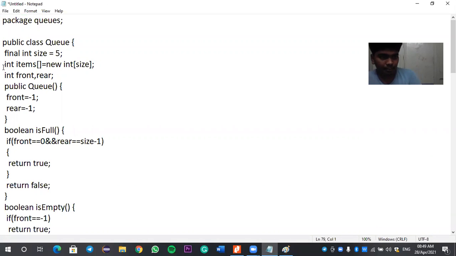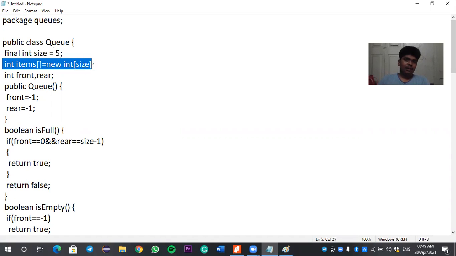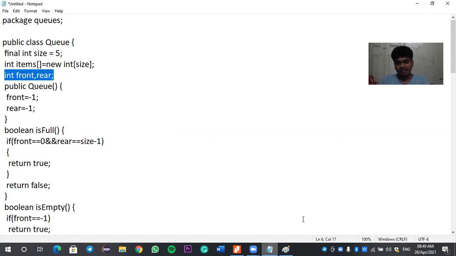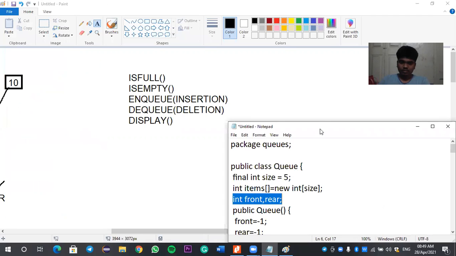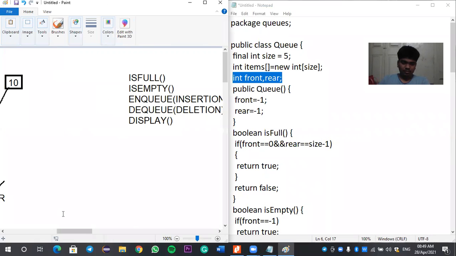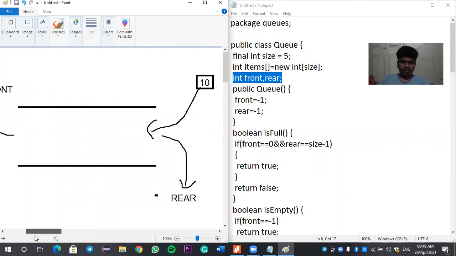Now I am declaring a public class Queue, and I am declaring the size with a final keyword, which cannot be changed, with a size of 5, and then I am declaring its size in an array. I am declaring two variables, they are front and rear. Front, I had discussed before.